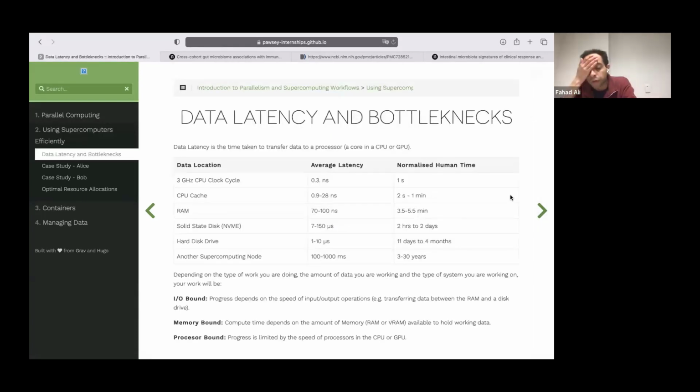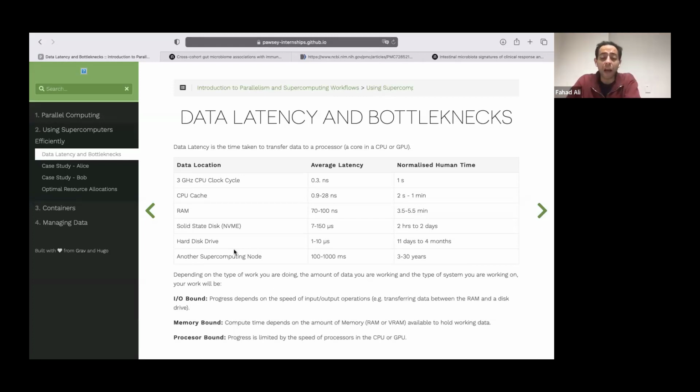And what I want you to start thinking about is this idea of latency. So latency is the time that it takes for data to be transferred to a processor. And it depends on where the data is. So if the data is in the CPU cache or in RAM or in a solid state disk or a hard disk drive or another supercomputing node,